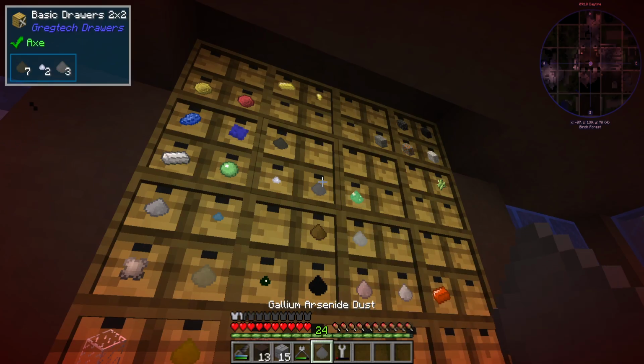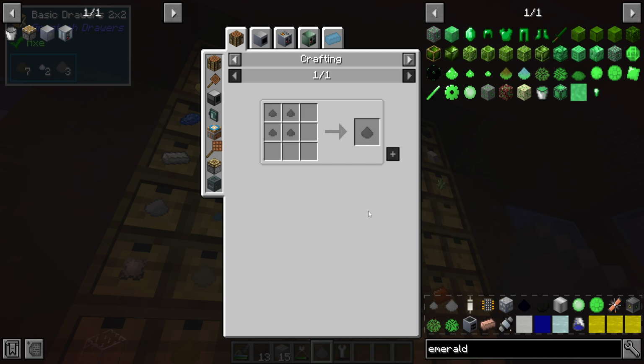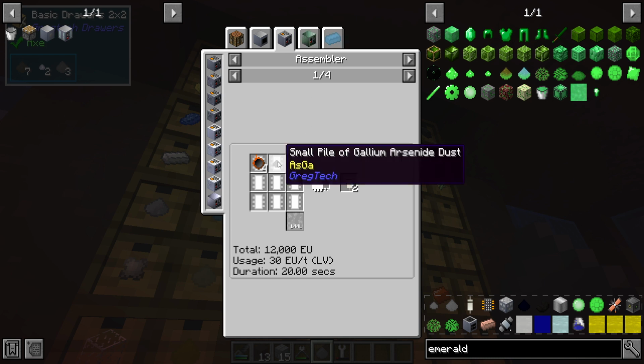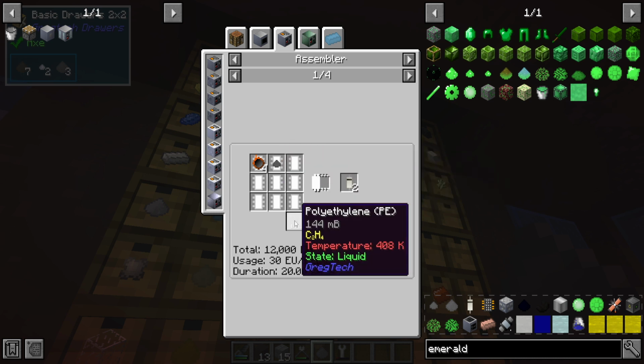And so these you can turn into small piles of gallium dust. So I would have 16 of these. And then those you use in the assembler, right? So I have 16 essentially of these. And if I have 16 of these, I can do 16 crafts times,